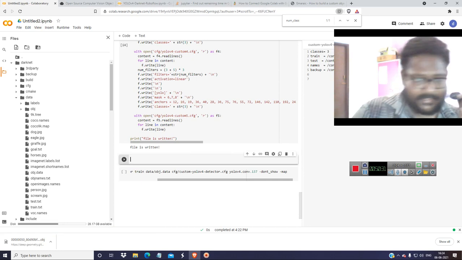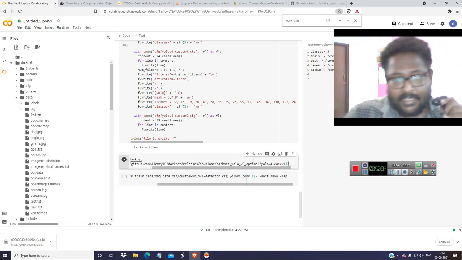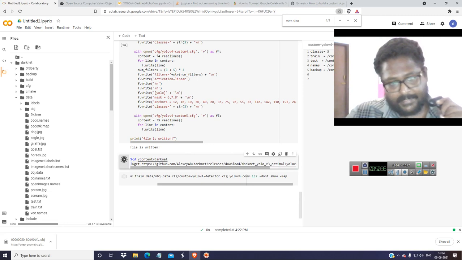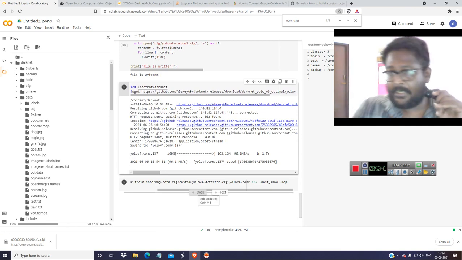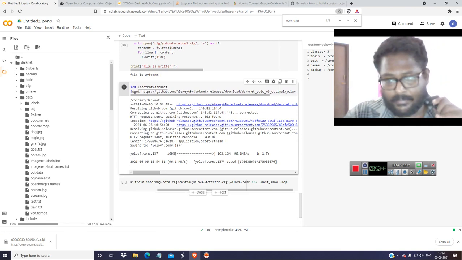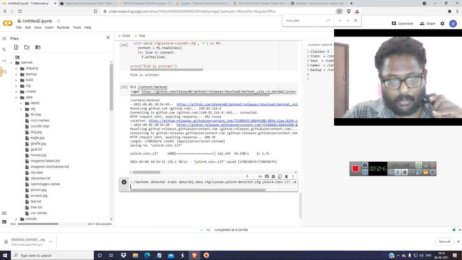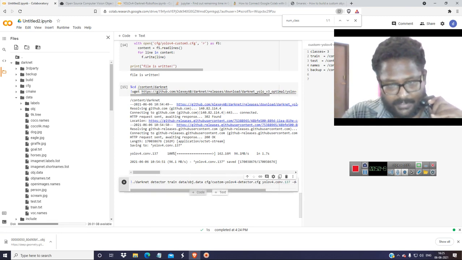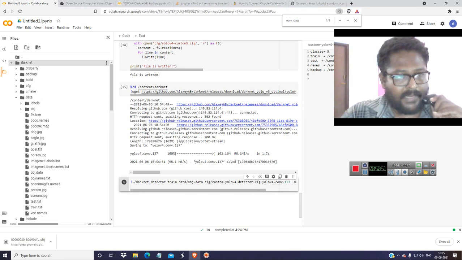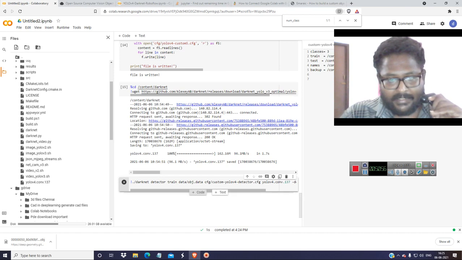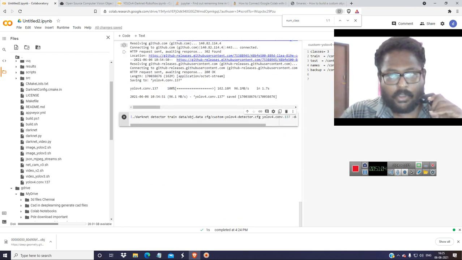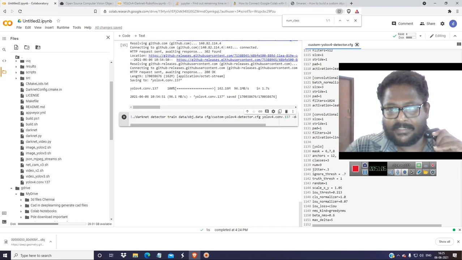You can follow the same thing. Why I am insisting you go with your own setup is that only then you will know the difficulty in doing custom object detection in a local system like this, because I'm going to buy a system as soon as possible and teach you lots of projects. Very humanity based projects. So now in the darknet we have this YOLO thing, detector train is given, the script is given correctly, don't show map is given correctly, and custom.cfg is given correctly. So let's cross our hands and pray to God for success.